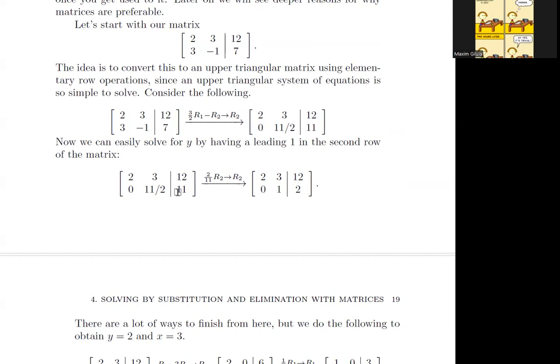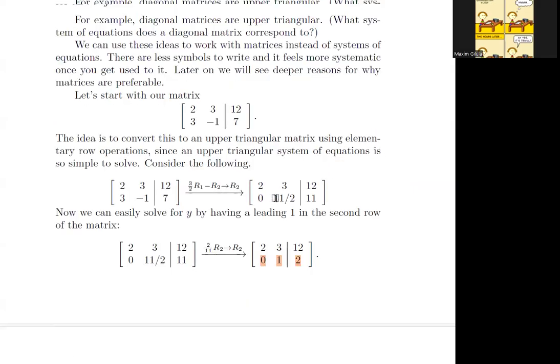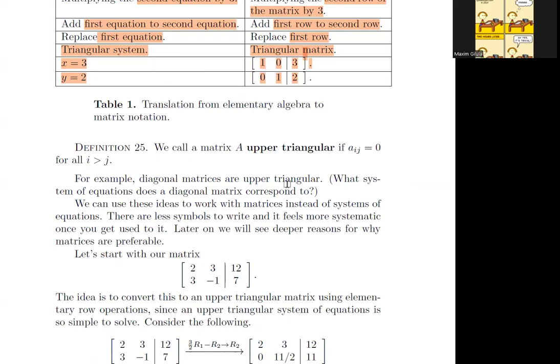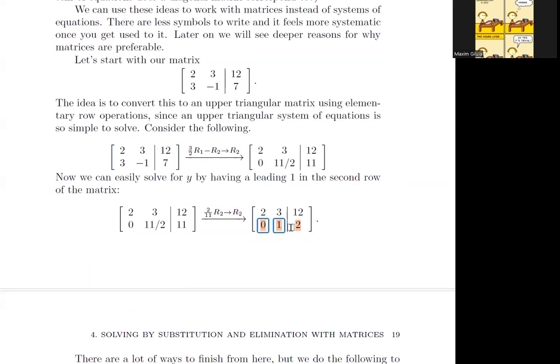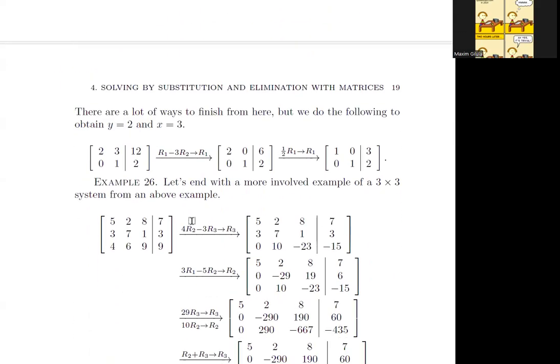Now we could solve for y by making sure we have a 0, 1 in this row. So as we said before in the translation, that means y is 2. So this means y is 2, and we're done with that. But now we could reduce further to identity matrix by subtracting 3 row 2 from row 1 and putting it